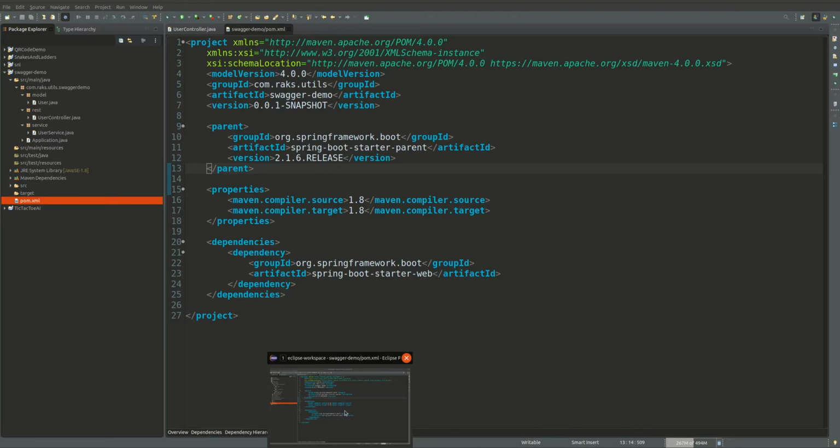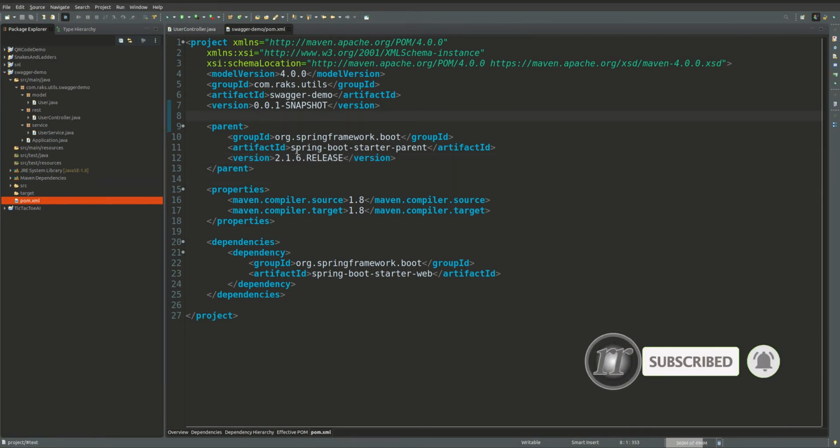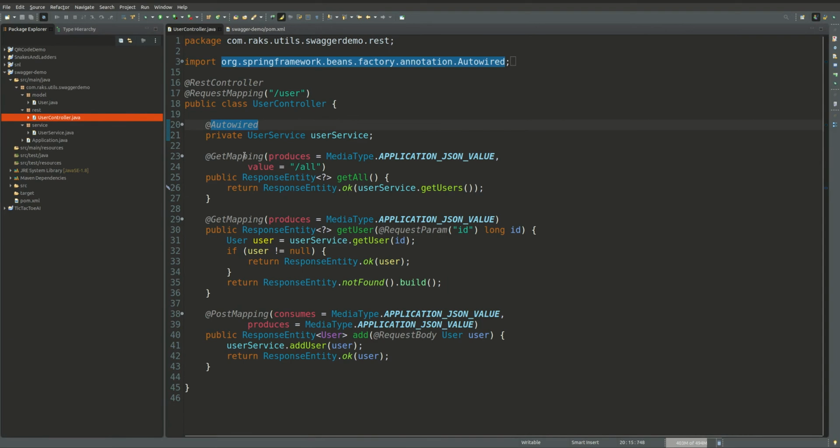Now go to our project and this is our pom.xml. You can see this is a simple Spring Boot application. This is the pom.xml and this is a user controller, in which there are 2 get mappings, one for getting all users and this one for getting the user using ID.